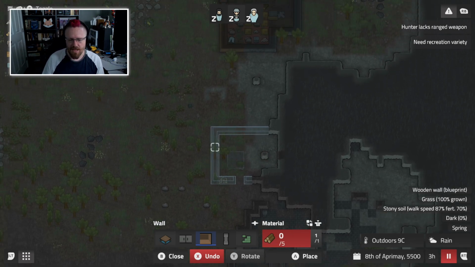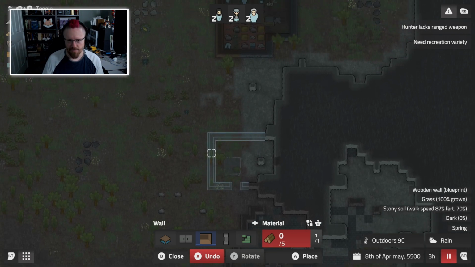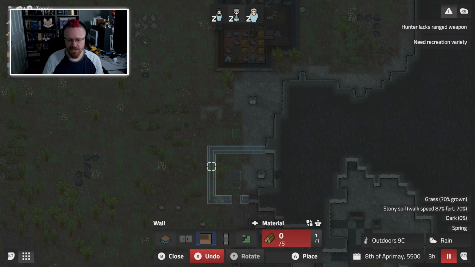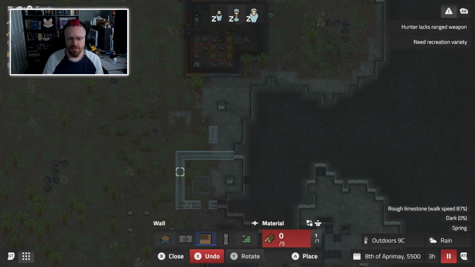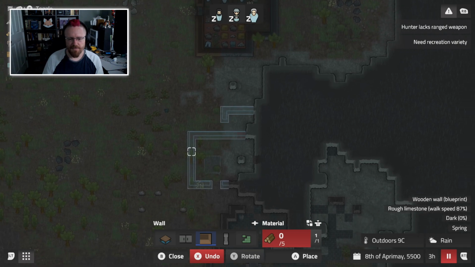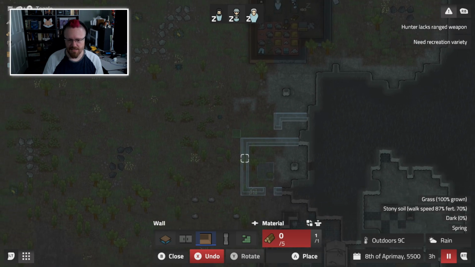And then, where do they store the food? We want the food to be close to the dining room, and we want it to be close to the kitchen, like the meals specifically. So let's make a little room for meals right here. They'll have a door there, and then the room for the actual kitchen